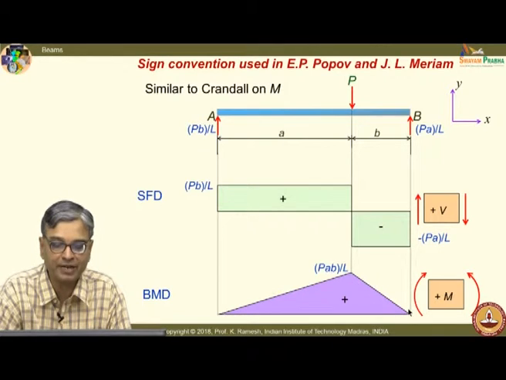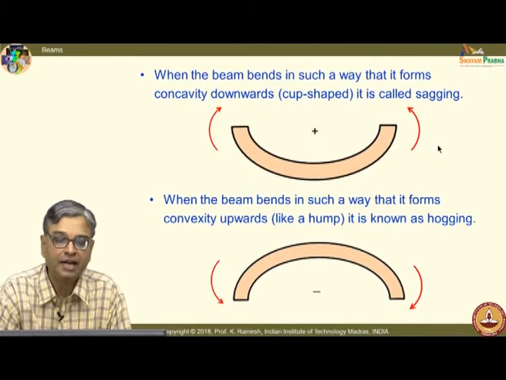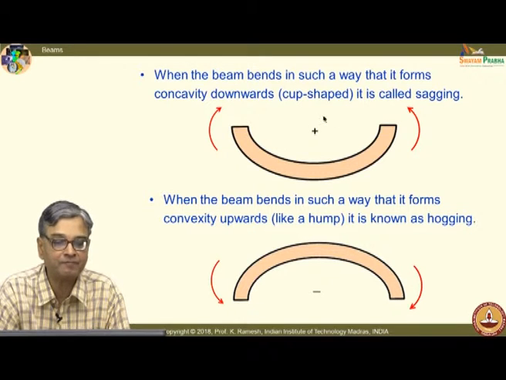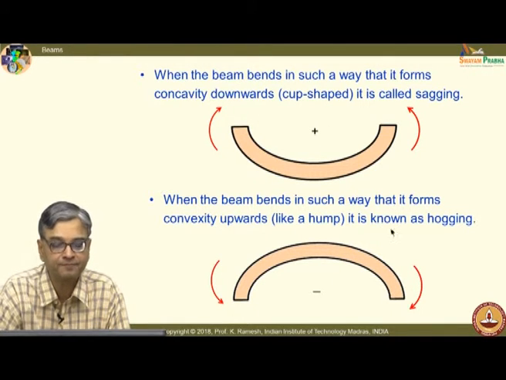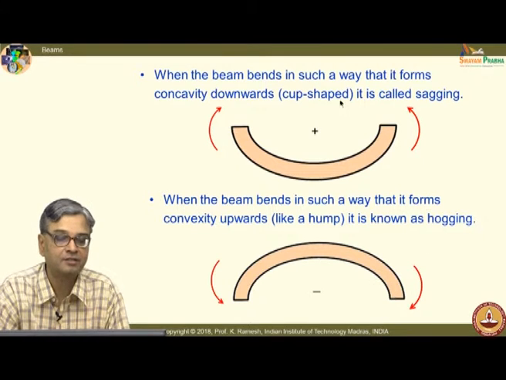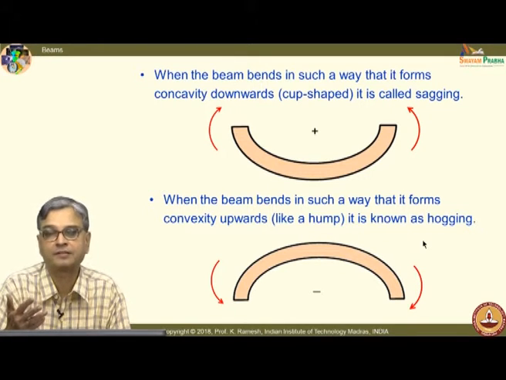And if I do the bending moment, I will do from right to left for this. And you should always put the sign convention, that is very, very important. And in civil engineering, they also associate an anticlockwise moment to produce what is called sagging of the beam. This is cup shape, they call it as positive. And if I have a hump, they call it as hogging. This is nothing but anti-clockwise bending moment, this is clockwise bending moment.